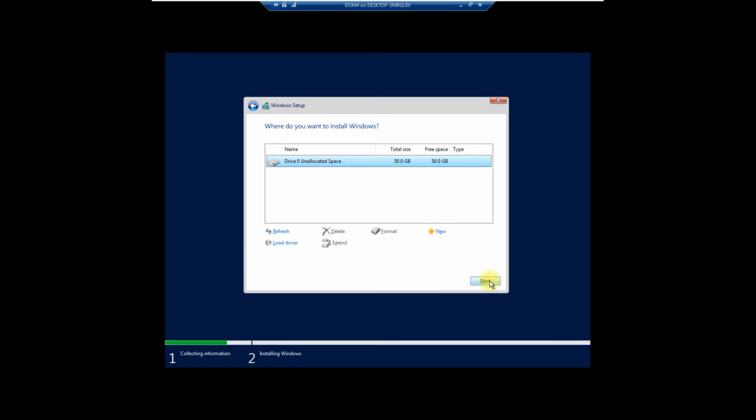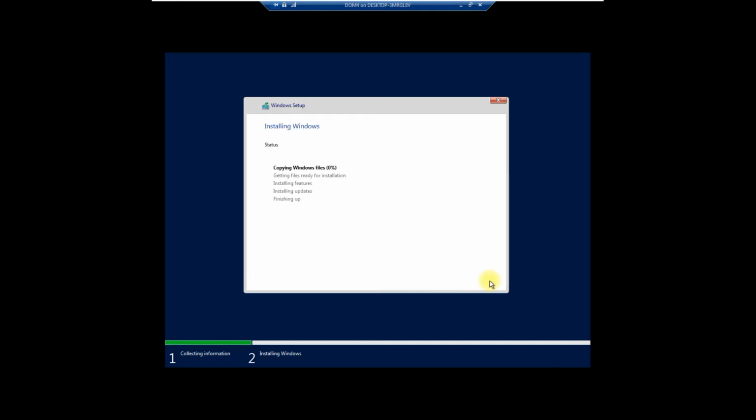It will take some time, depending on what type of storage I'm using. So now it's completed as per that storage capability. In my case it took very little time, but it may depend on it. If you are using an older storage type, it will definitely take a lot of time. It may take half an hour, or 25 minutes, 20 minutes.